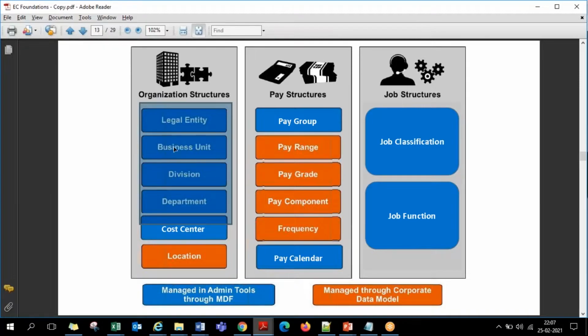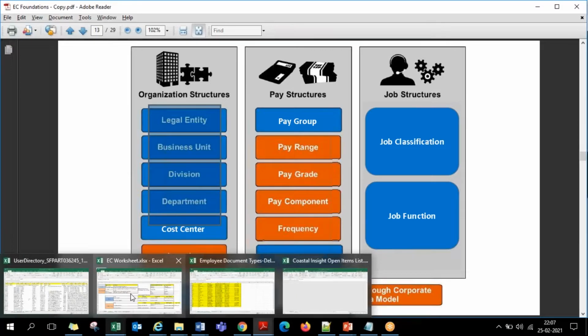So these are called MDF foundation. At the end of the day, everything is a foundation object, but those still dependent on the corporate data model XML we call simply foundation objects. And for the MDF foundation objects, we add one more tag in front of it, a prefix MDF. So the places where the screen definitions are defined and where we create the data for these objects, both are different.